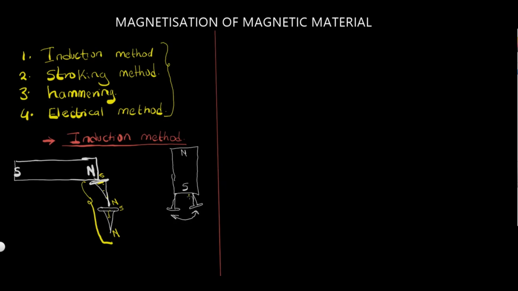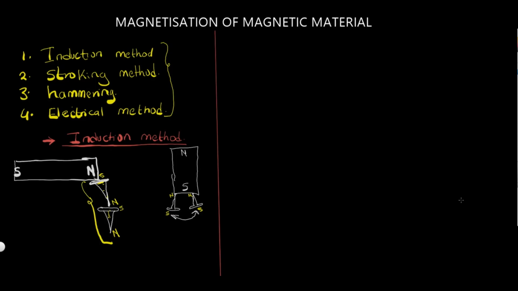So this part here of the pin will be the north pole. This part will be the north pole. And this part down here will be the south pole. This will be the south pole. And remember, we said that like poles repel each other and unlike poles attract each other. And because this is the south and this is the south pole, then the repulsion will occur here between these